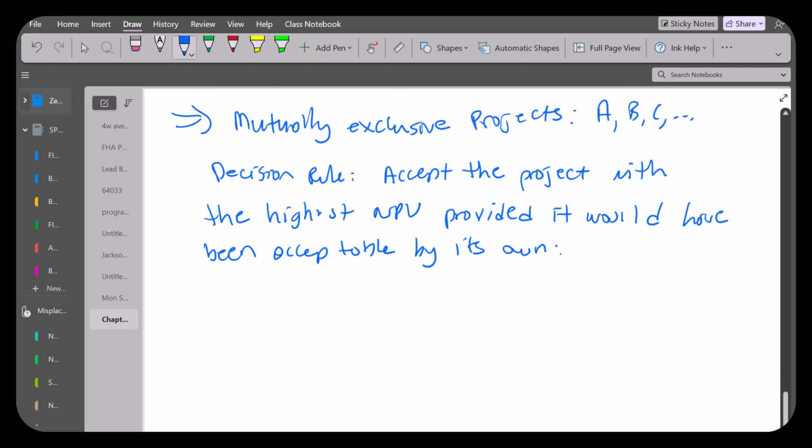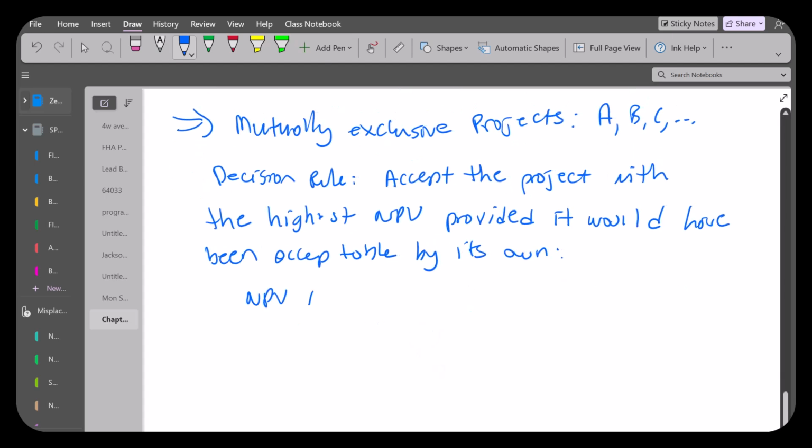So if NPV-A is greater than NPV-B, go accept A,